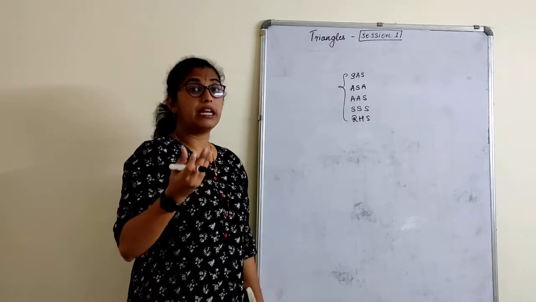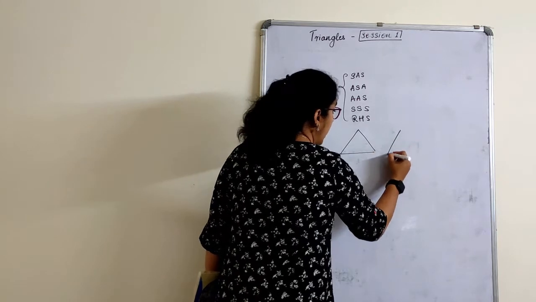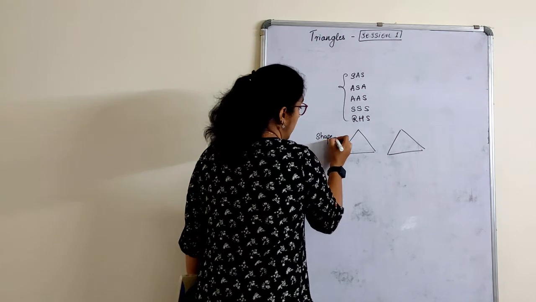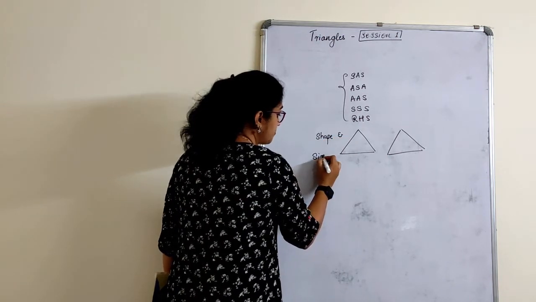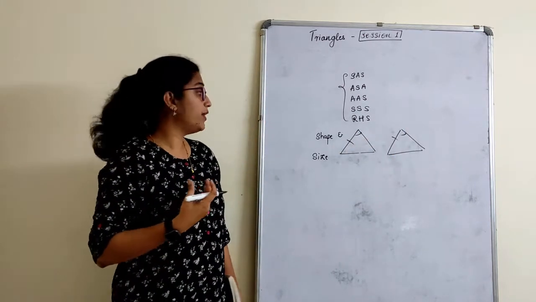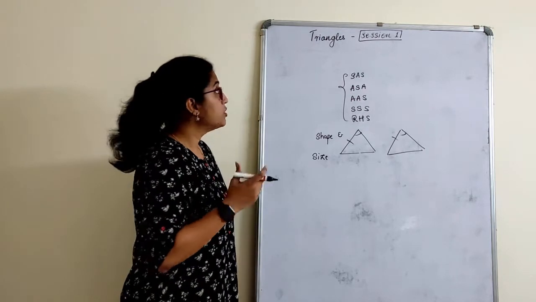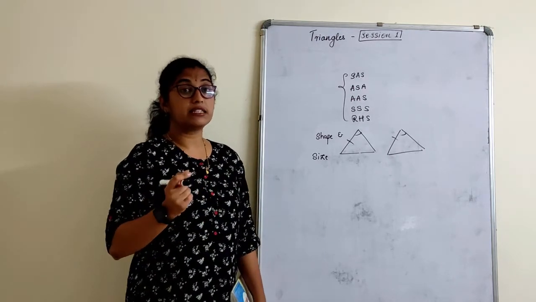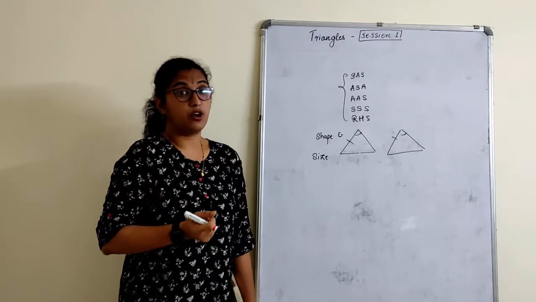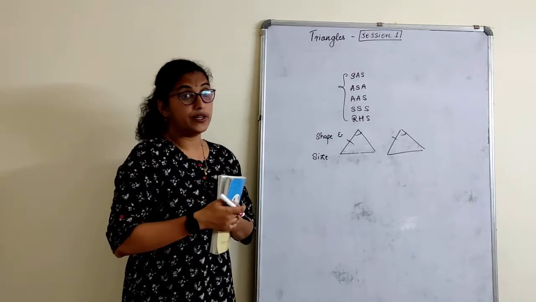So what did we mainly observe in that? We observed that the given figures have same shape and size, right? That means the sides and the angles of a given triangle were of same shape and size. So that was all about congruency. So here in this 10th grade we will study about similarity of the figures or similarity of triangles. Now what is the difference between a similar figure and a congruent figure?